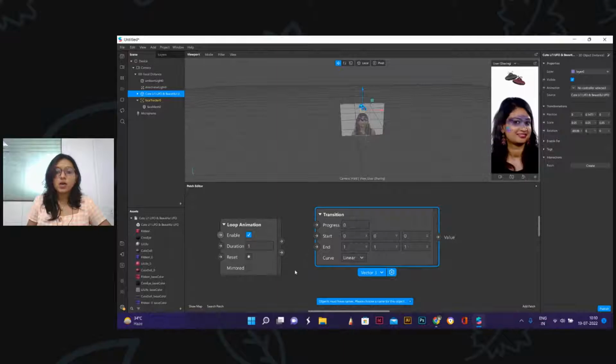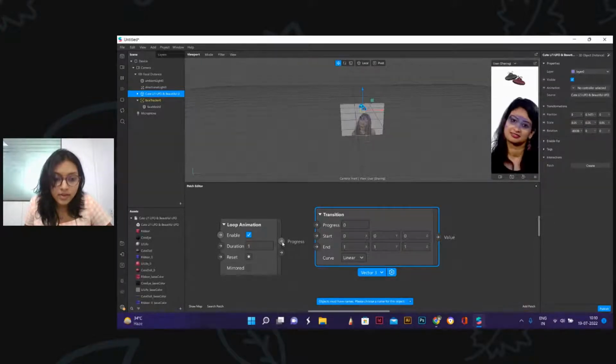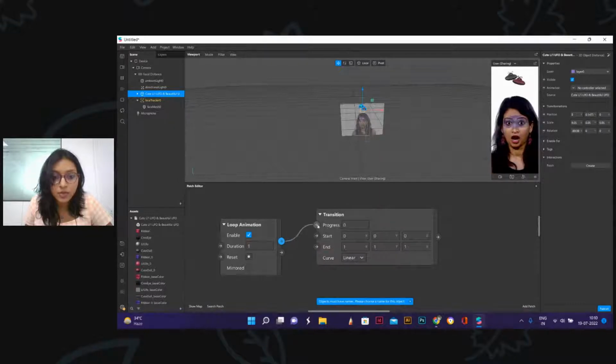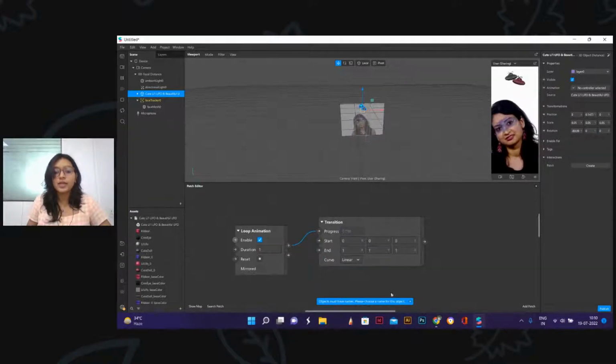So how does this patch work is that we connect the nodes of these patches to make the particular effect interactive. So I'll just connect progress of the looping animation patch to the progress of the transition patch. And you can see there are some numbers running here. So currently we don't have anything attached to the transition patch. I mean, we don't know